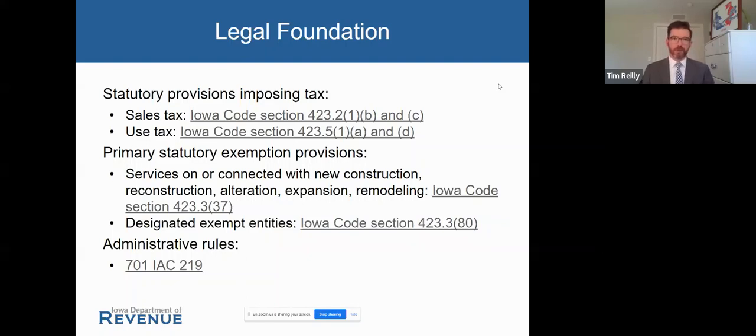A lot of what we'll be talking about today is from the department's own administrative rules, filling in gaps that the statute doesn't necessarily provide specifics on.